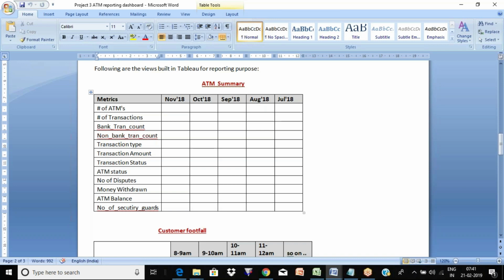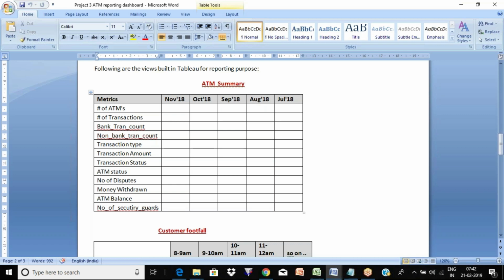For creating those bands, the customer footfall timing, you will use some date functions and fetch the timing, and you will do the banding. If the time falls between 8 to 9, you will use the between operator and create one band, 8-9 a.m. Otherwise, if the time falls between so and so, then you will say the other band of timing. Basically, you will group those times